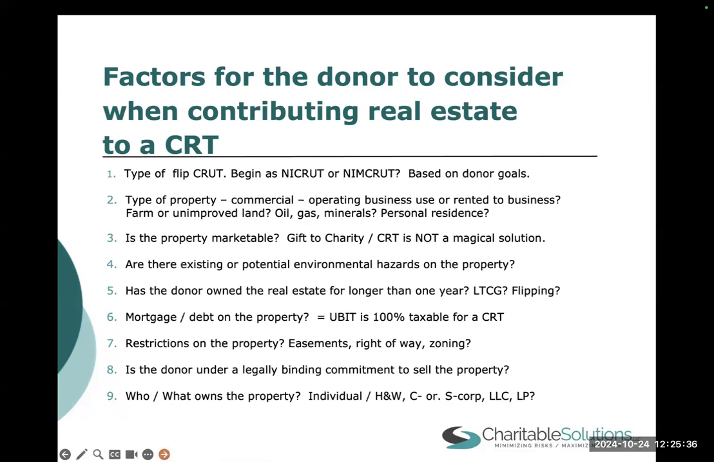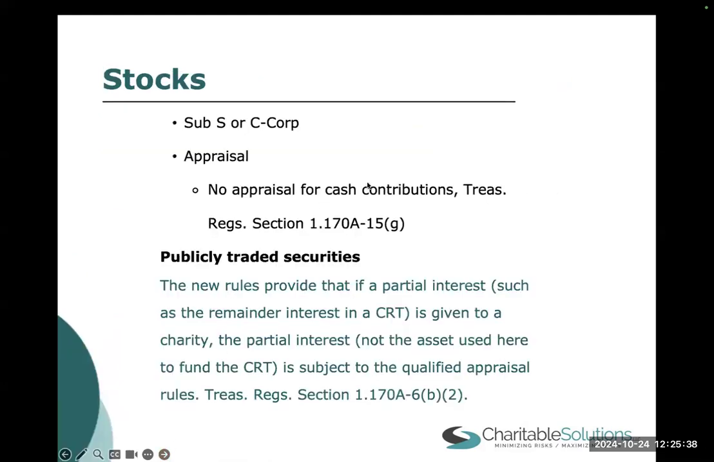Who owns the property? And that might be a good segue to talk about closely held business assets. A charitable remainder trust cannot be a shareholder of a sub S corporation. It would lose its S election. So often with real estate, real estate can actually be owned by a sub S as well. But now, pivoting to just operating businesses,